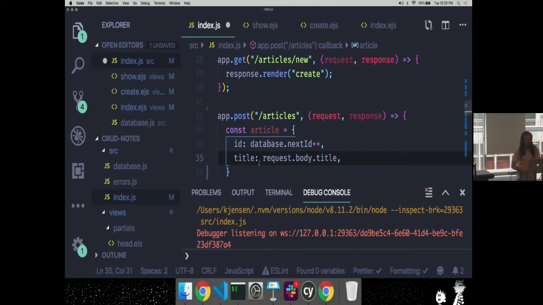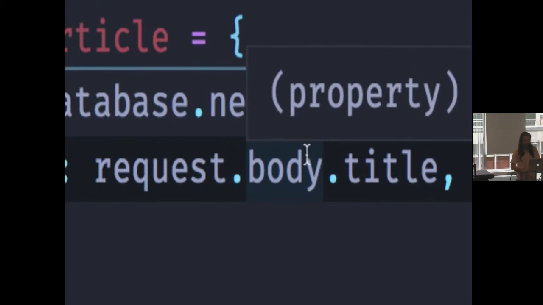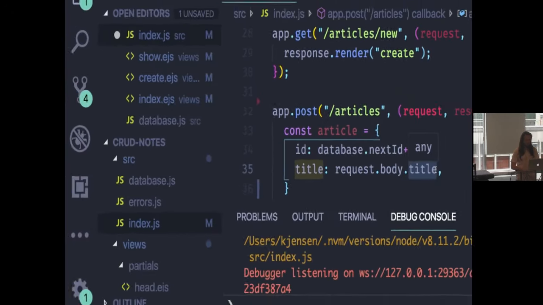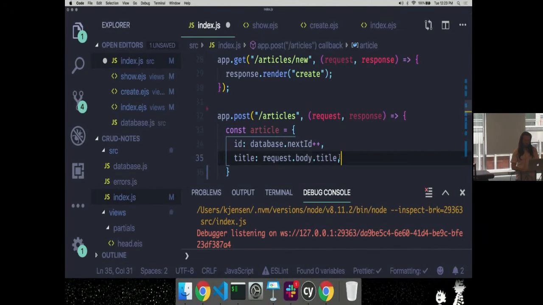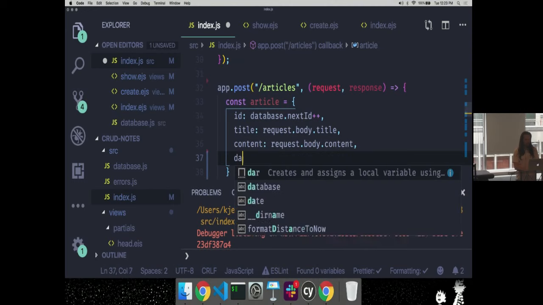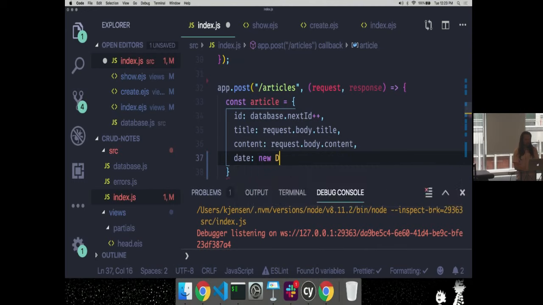So we would have an object called body on the request that contains the keys for the data in that request, title and content. We will grab content as well, request.body.content, and we will also do a date here, and this is going to be a new date. So we're just going to create a new date on the server when that resource gets created.